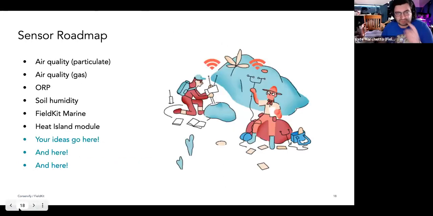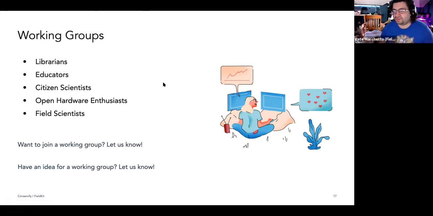If I could interject one other thing before we go into the sensor roadmap. This didn't make it onto the slide for the working groups, but one of the things that we also are actively trying to develop here, and which we've been successful in developing so far for the sensors that we have available through the shop right now, is calibration protocols that will allow you to make your data traceable to some extent or another back to the National Institute of Standards and Technology here in the US, and all the way back up to the IPM in France, where the